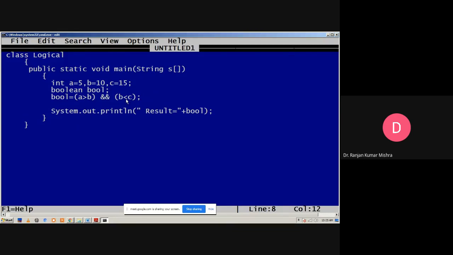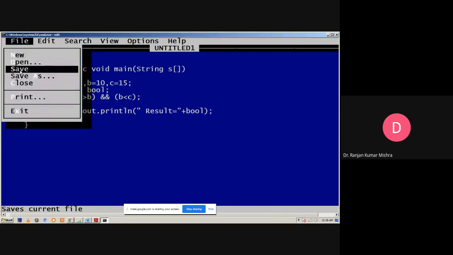Here this condition is true and the other condition is false. In the case of the logical AND operator, both conditions must be true for the output to be true. But here one condition is true and another condition is false, so the final output will be false.